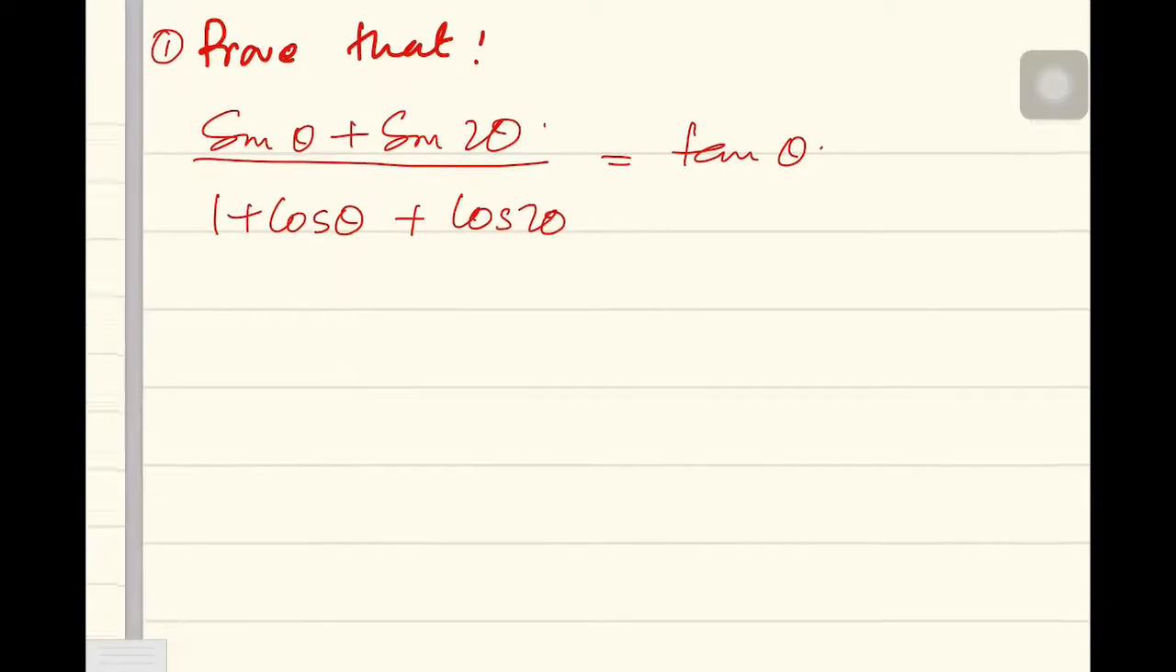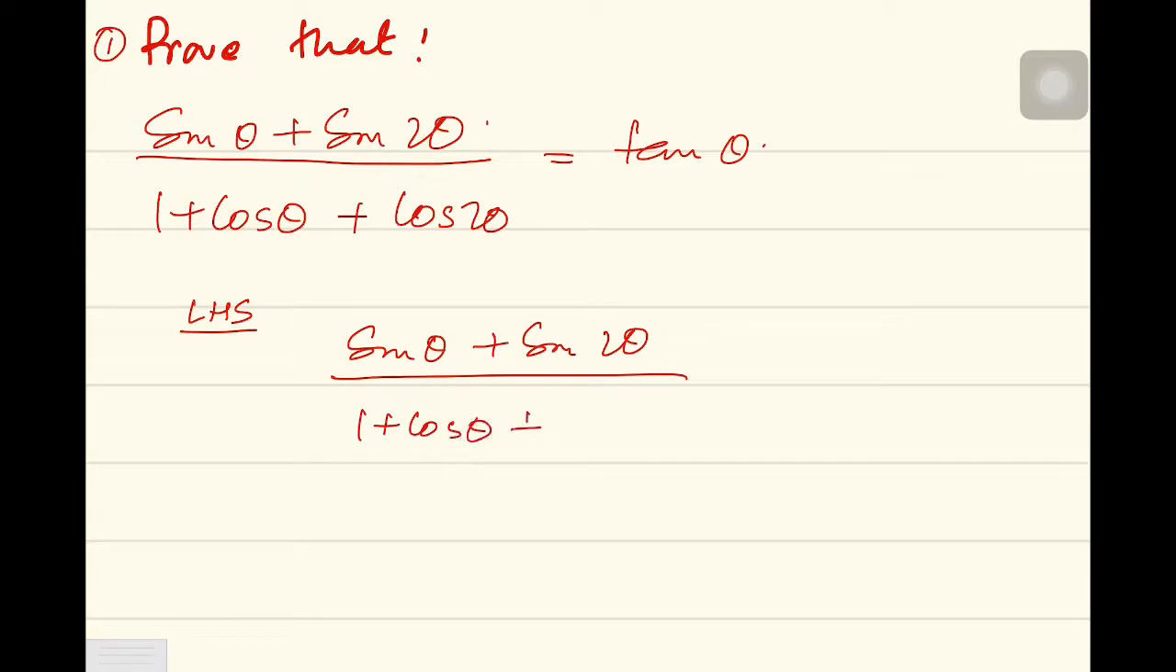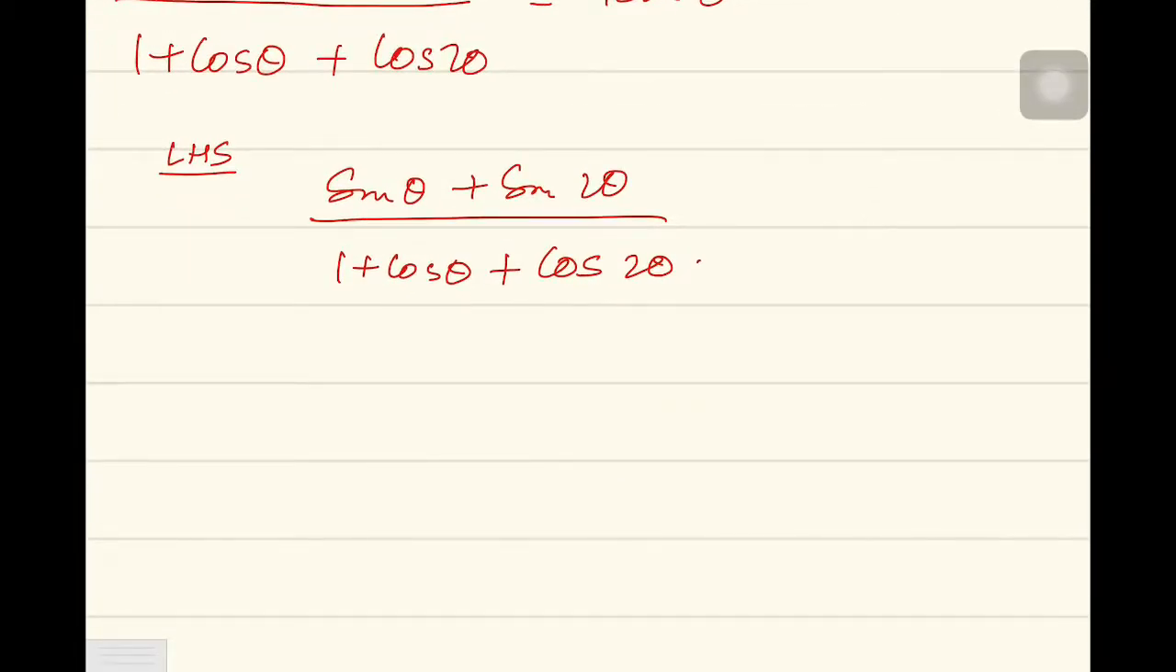Okay, so let us start with the left hand side. From the left hand side, it says sine theta plus sine 2 theta divided by 1 plus cos theta plus cos 2 theta. Earlier you would not have been able to solve this sum because you don't know the double angle formula. Now since you know it, you can just put the formula and solve the sum. So I have